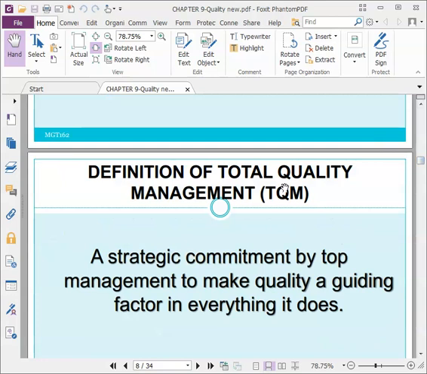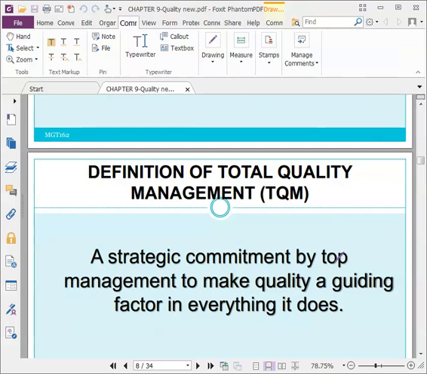And then definition. After that, we look at the TQM. After we know the quality, what is the quality, the simple definition of quality, the perspective and dimension of the quality, then let's look at the total quality management. The quality that we assess in the management, in an organization, in all the companies and also manufacturing company. So every company should have this total quality management. A strategic commitment. TQM is a strategic quality commitment by top management to make quality a guiding factor